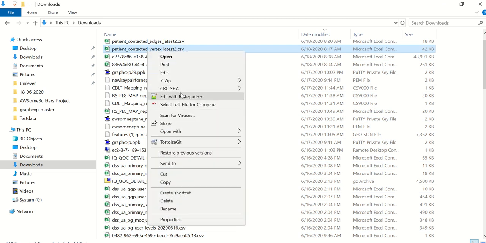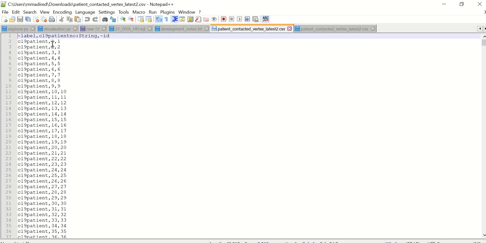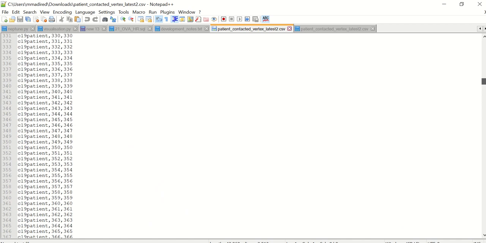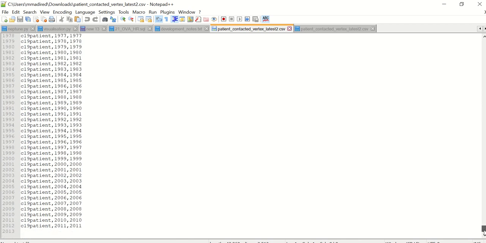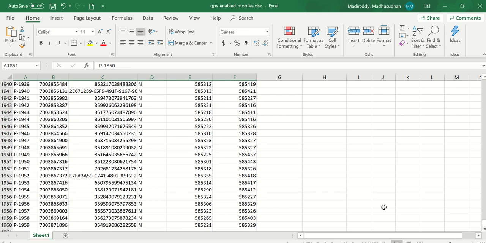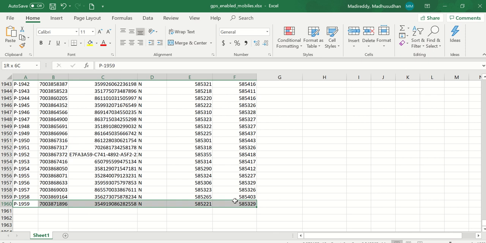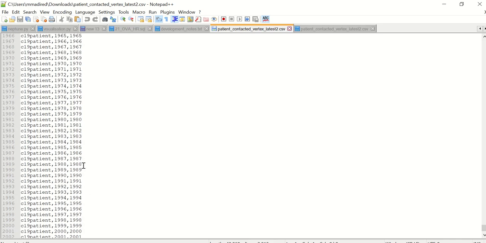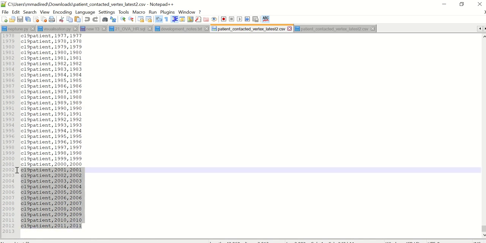This is one of the vertices files. Since we have taken only 1960 patients, if you look at the GPS mobile configuration file, we can only see that many patients, which we have taken from the public data set. Here you will see that many patients only, but a little more for testing purposes they have added.